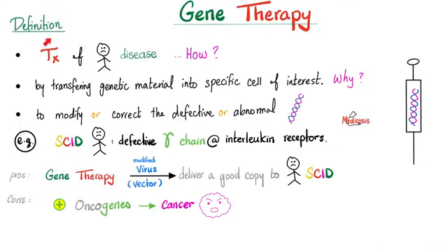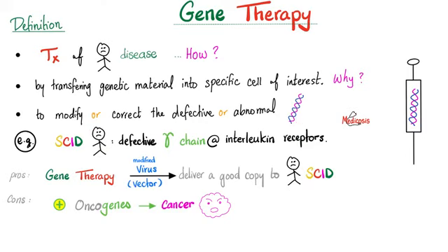Next, gene therapy. What is it? Treatment of human disease. How? By transferring genetic material into a specific cell of interest. Why? To modify or correct the defective or abnormal gene or DNA. Example,